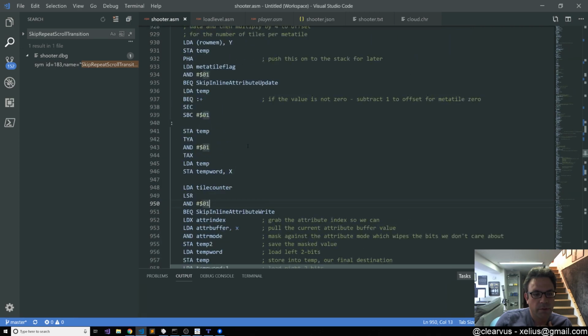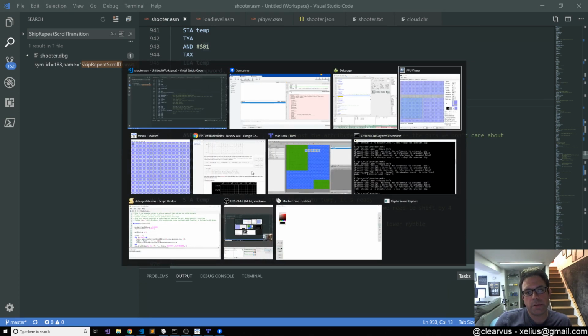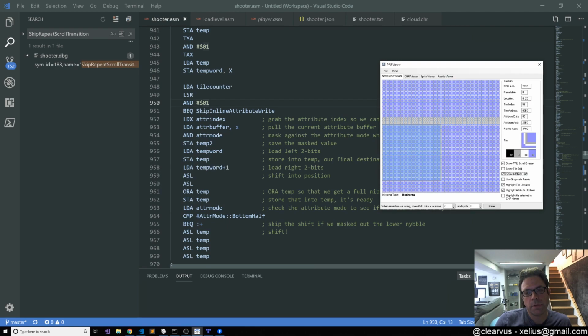So if... Okay, so the problem is that it makes sense why it's wrong. It's just not logical, or it's not correct. So what's happening is the logic